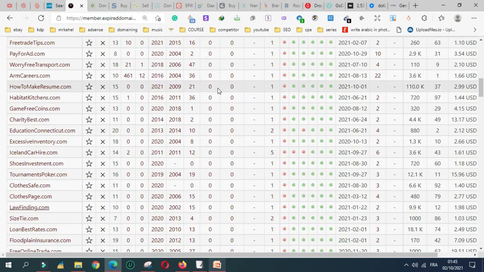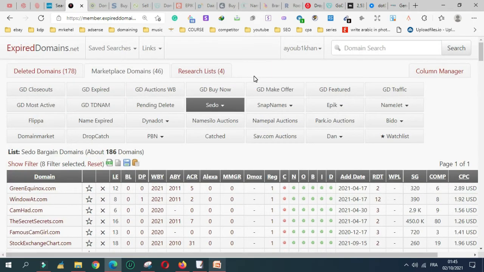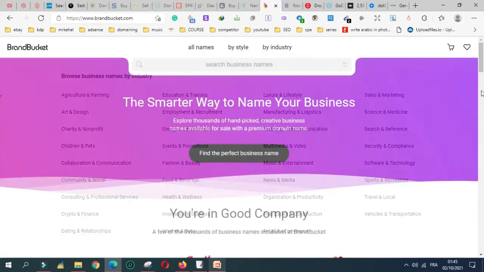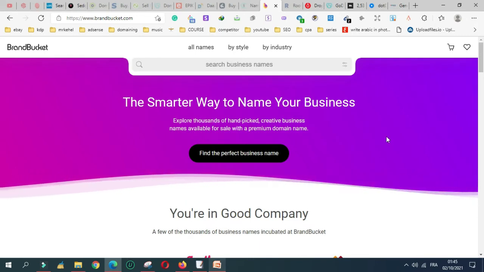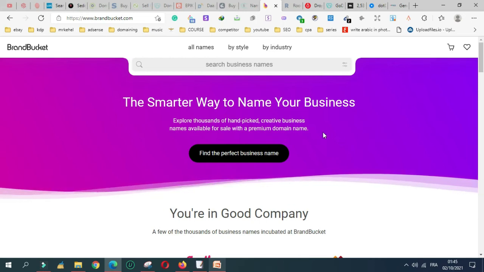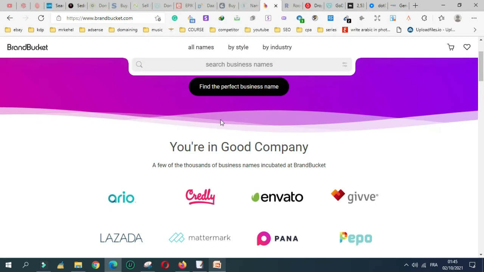Okay, so now everything is clear about the expireddomains.net. Everything is clear about the expired domains, and also everything is clear about the exact match domain. Now I will go directly to the brandable domains. So to do that, we will go to this website, which is brandbucket.com. This website is simply a perfect place to sell brandable domains, and I will also advise you to use